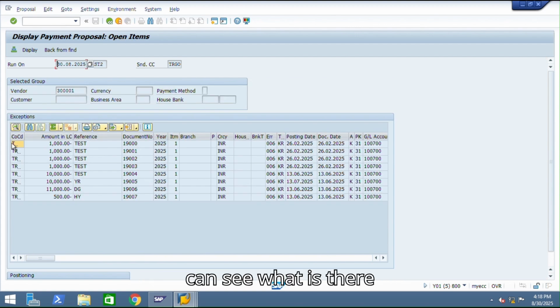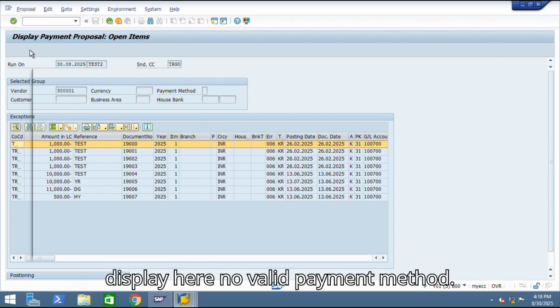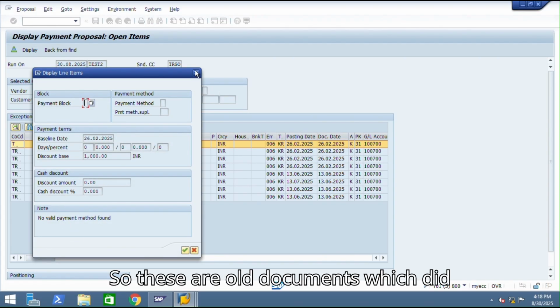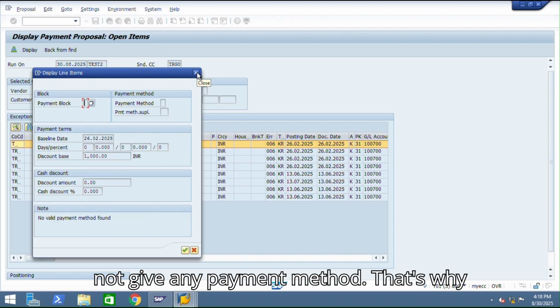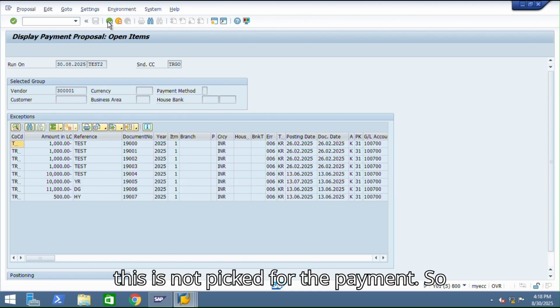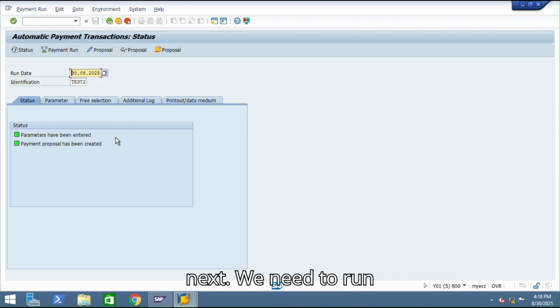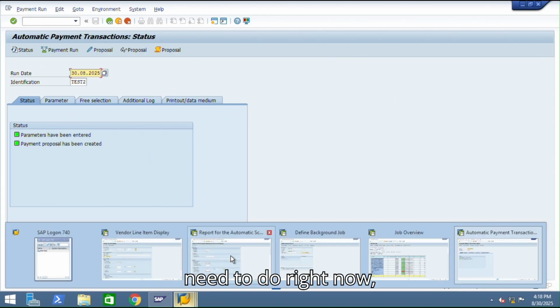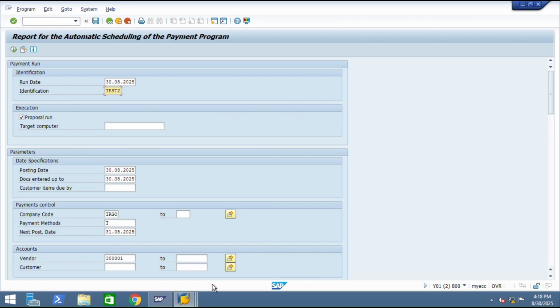You can see what the error is displayed here: no valid payment method. So these are old documents for which I did not give any payment method. That's why this is not picked for the payment. So next we need to run the payment for this proposal. So what we need to do right now,